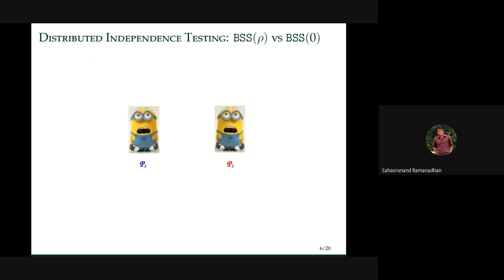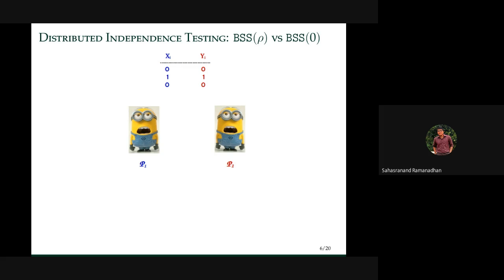So first we look at the simple case where these parties P1 and P2 are observing xis and yis, and look at the case where xis and yis are bits. So these are uniformly random bits. So at each party's end, they look at only their observations, they look like uniform random bits. And we would like to test if their joint distribution of these bits is BSS rho or BSS 0. So BSS stands for a binary symmetric source. So as a joint source, (xi, yi) is a BSS, binary symmetric source, with parameter rho.